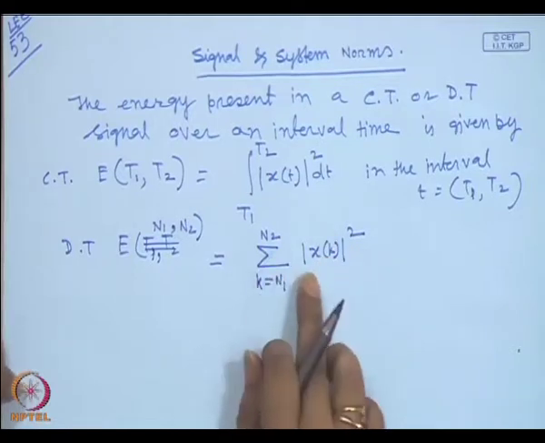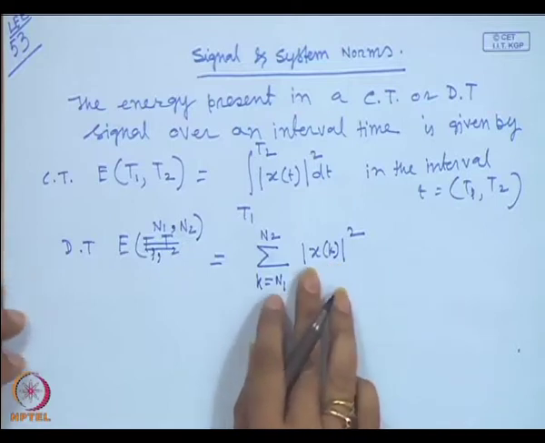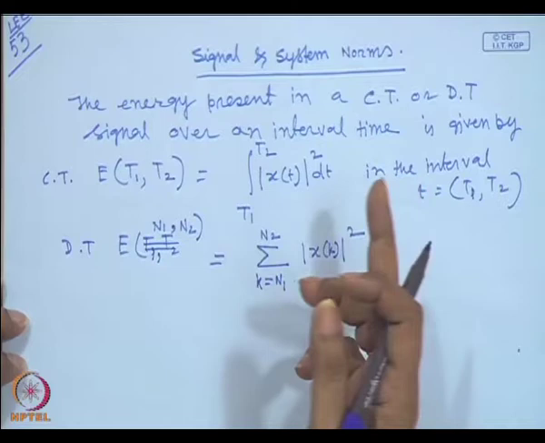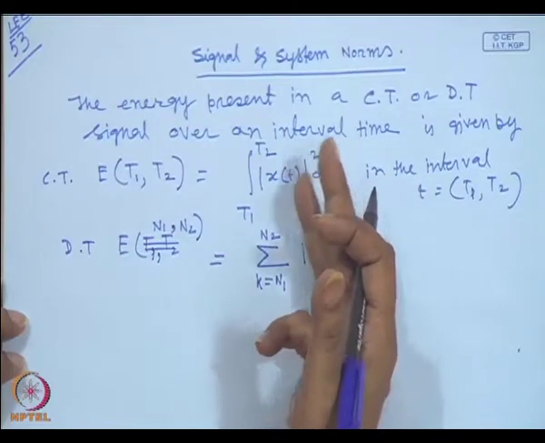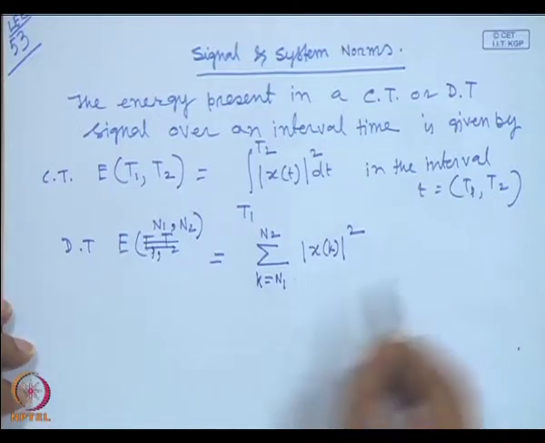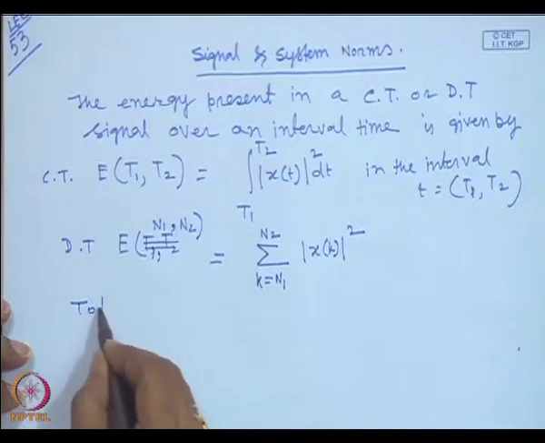And I told you again that absolute value, if it is complex, then it has a meaning. If it is not a real signal, then the absolute value squared itself is a positive value. So, this is the total energy of a continuous time signal, we can write